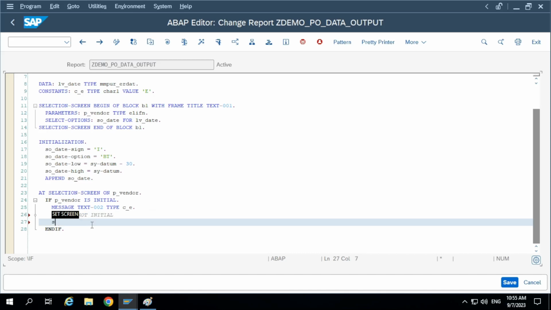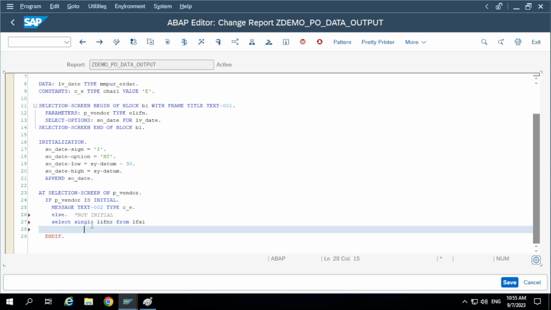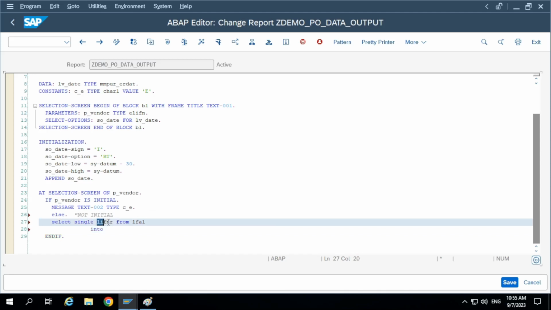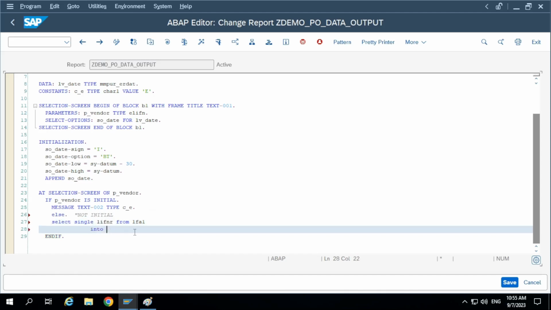Now, what is the select statement we write? Select single vendor from which table? LFA1. LFA1 is the master table for vendor. From LFA1 into, we are selecting only a single field, right? We are not selecting multiple fields. Into at the rate data,